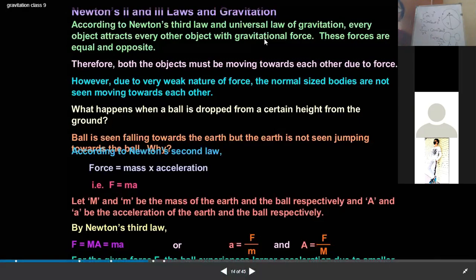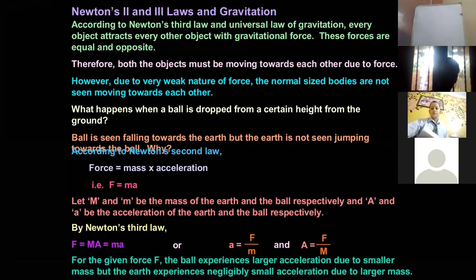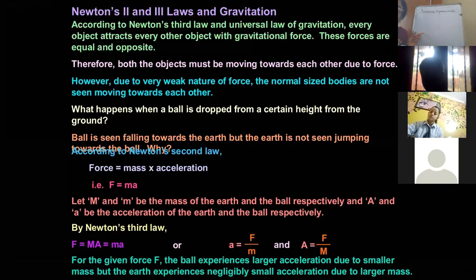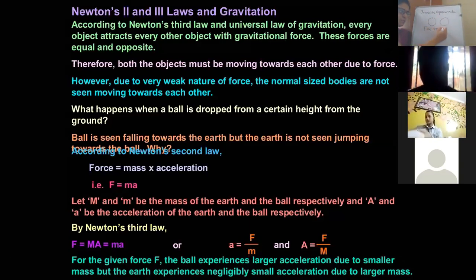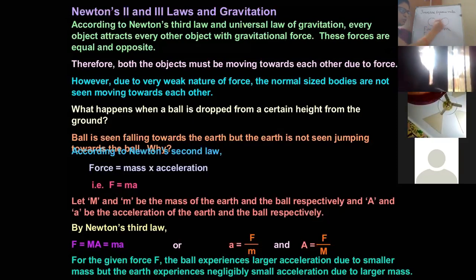Okay, so we are here to prove the inverse square rule, which was used by Newton in framing the universal law of gravitation, in which he said that the gravitational force experienced by the two objects is equal to the product of the masses,